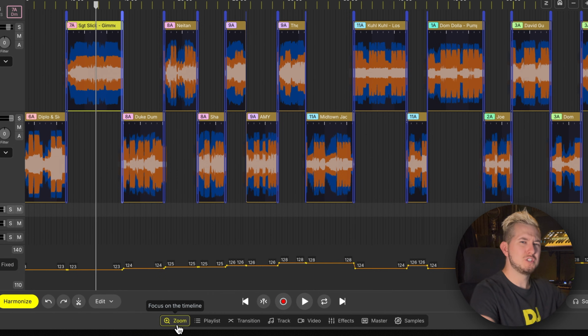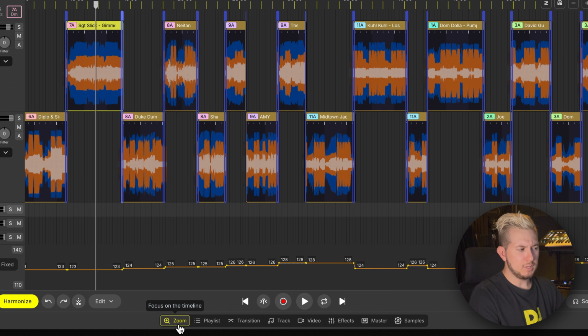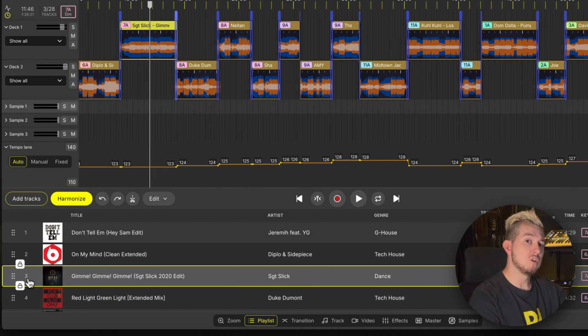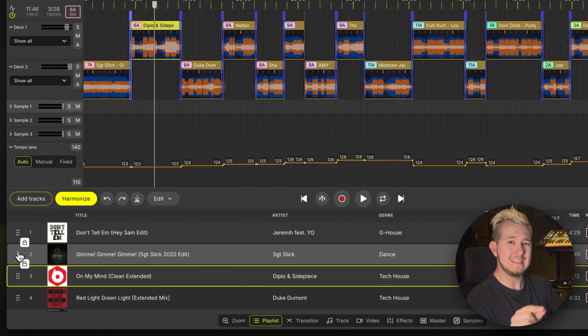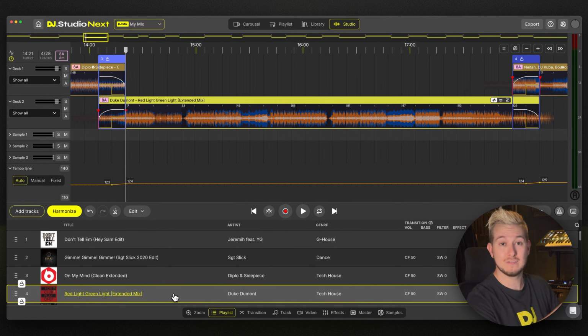mixtape creation workflow. Currently, zoom is selected, which minimizes the tab section to give us the largest view of our decks and sample lanes, perfect for arranging and editing tracks and for adding precise manual effect automation. The playlist tab is a miniaturized version of the playlist view, helpful for quickly changing our song order or for quickly selecting and jumping to a song in a different part of the mix.